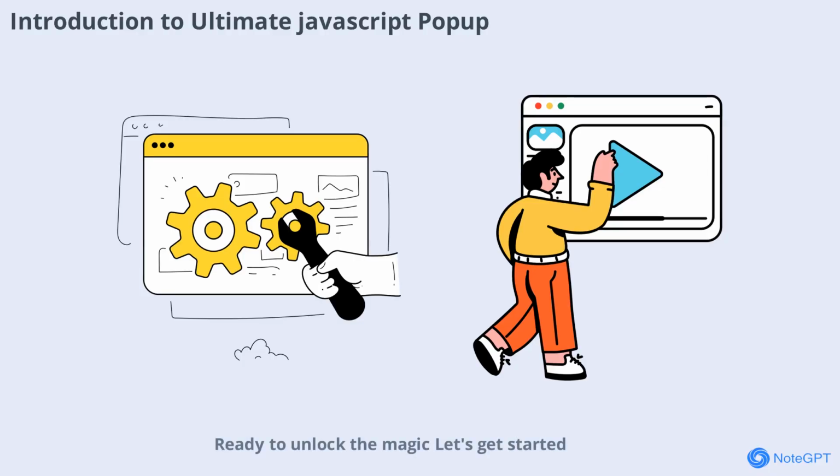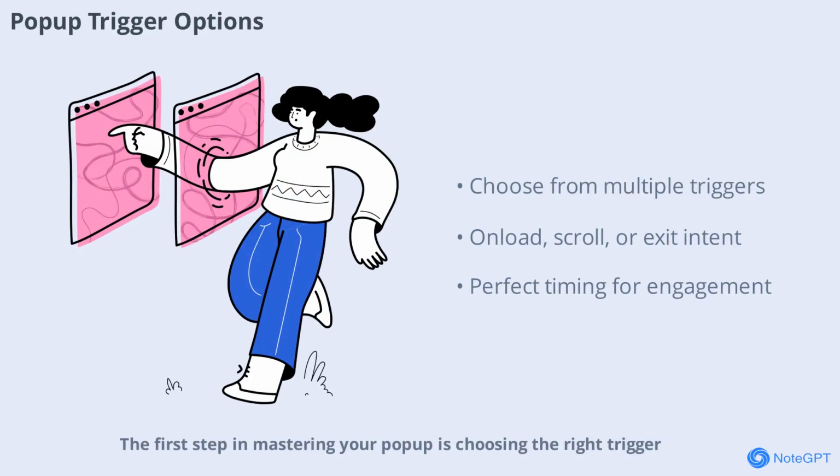Ready to unlock the magic? Let's get started. First step in mastering your pop-up is choosing the right trigger. You want your pop-up to appear as soon as the page loads, or maybe you prefer to wait until the user scrolls to a certain point. With the ultimate JavaScript pop-up, you can select from several trigger options including onload, scroll, and even exit intent. This flexibility ensures your message appears at the perfect moment, increasing the chances of catching your visitor's attention without being